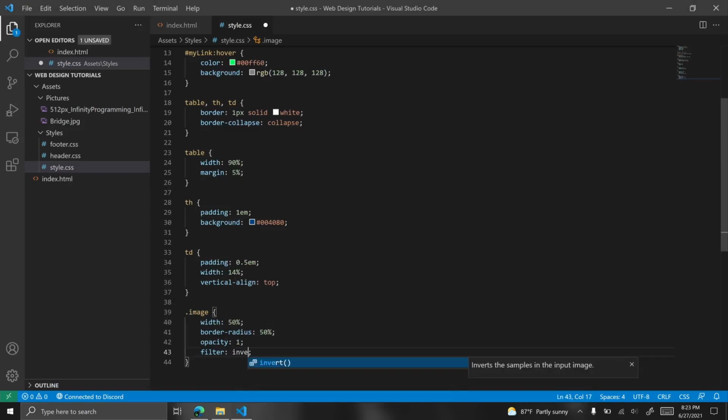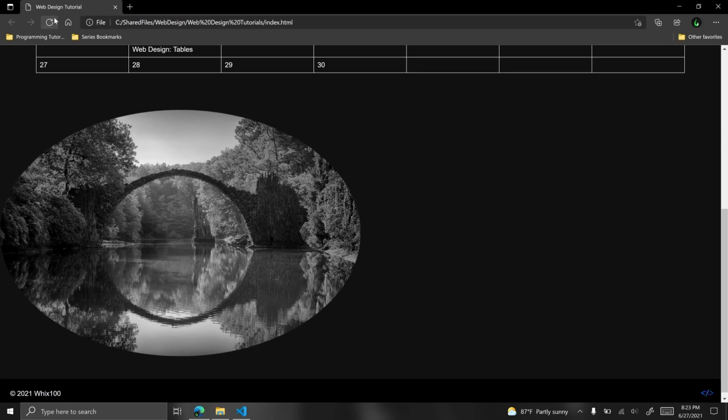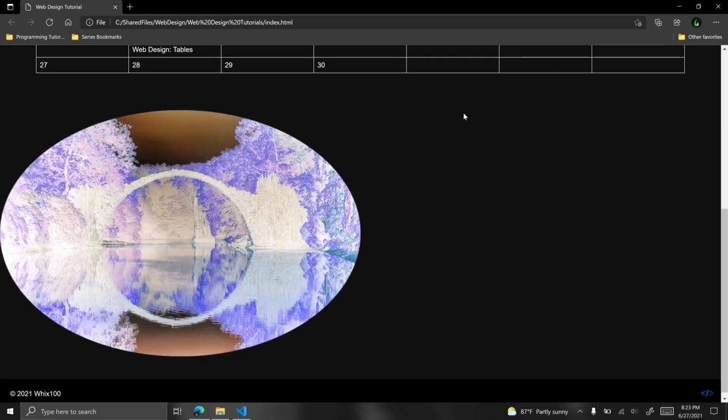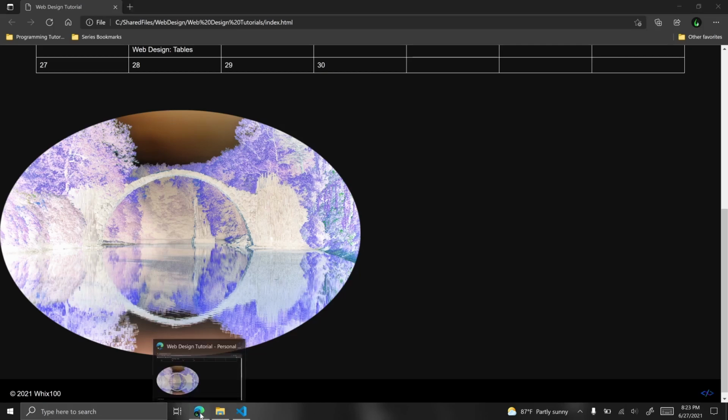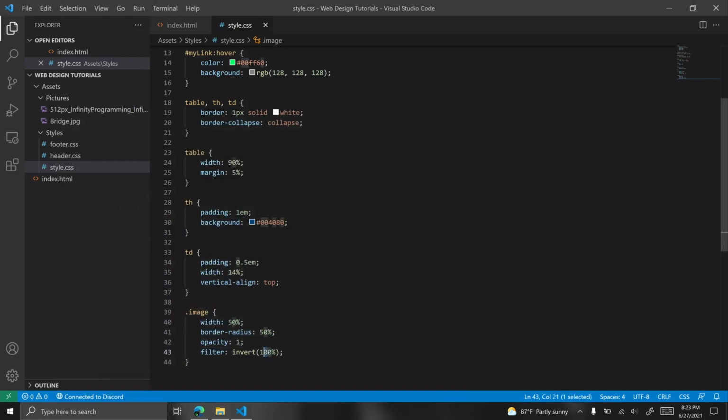We can also invert the color. So let's start with a 100% inversion. So red becomes, yeah, like that. Green becomes magenta, red becomes cyan, blue becomes yellow, black becomes white, obviously. So it's very bright and very odd looking. But let's make it